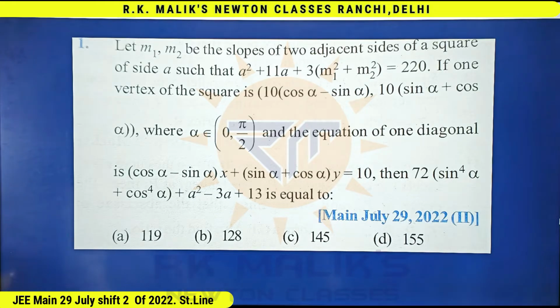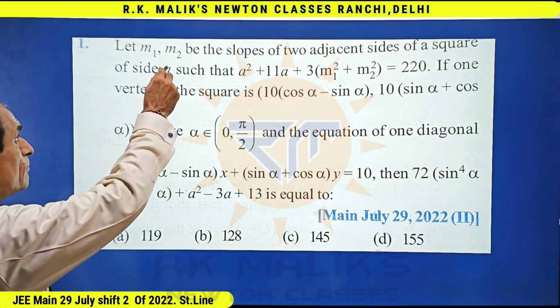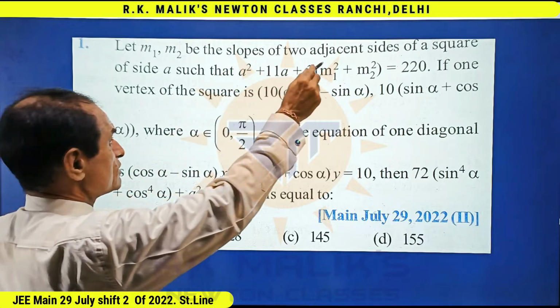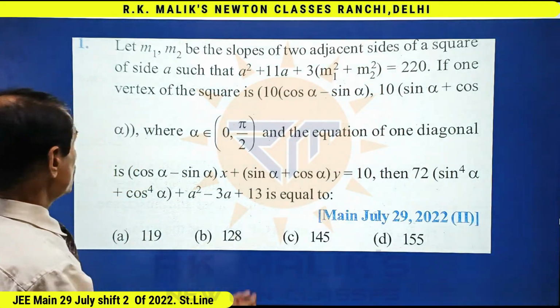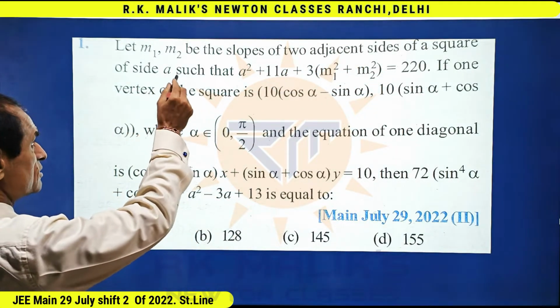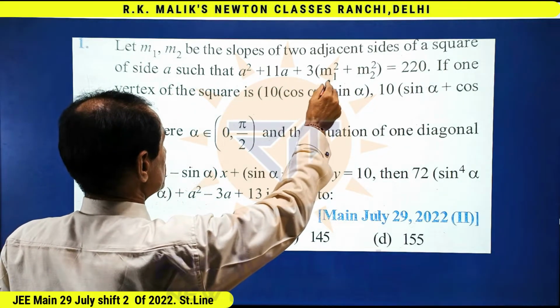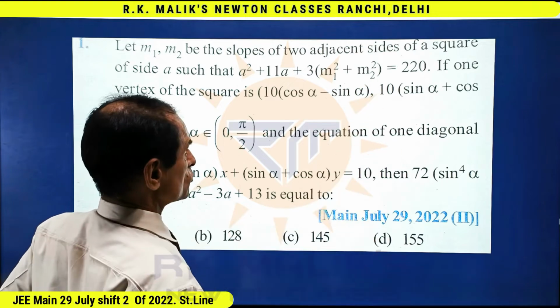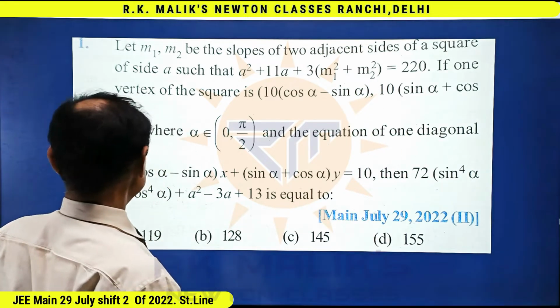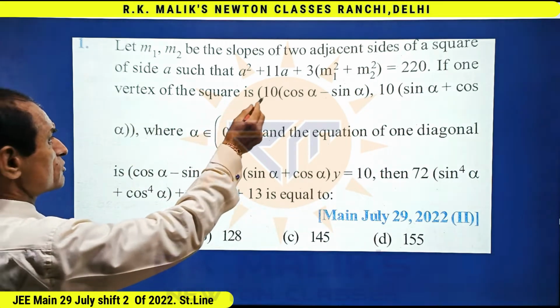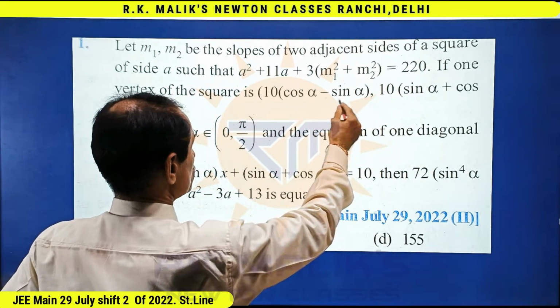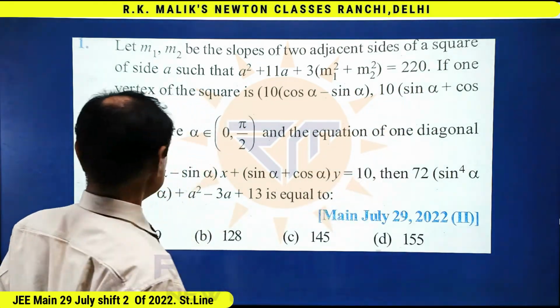In this question, it is given that let m1 and m2 be the slopes of two adjacent sides of a square of side length a such that (a square plus 11a plus 3)(m1 square plus m2 square) is equal to 220. If one of the vertex of a square is having this x coordinate, this y coordinate,